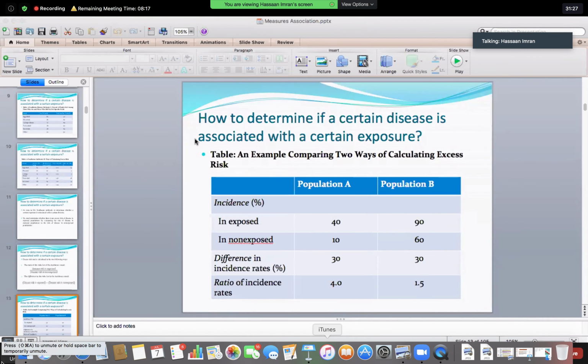whether the examiner is asking me to calculate simple incidence, absolute risk, or I've been provided with two different sets of populations. One are those who are exposed and the other are those who are non-exposed. So this means definitely, and they ask you to calculate the appropriate measure of association. Whenever there is the term measure of association, this means they want you to calculate either relative risk or odds ratio. Or if they ask you that, I'll tell you once we talk about difference measures.